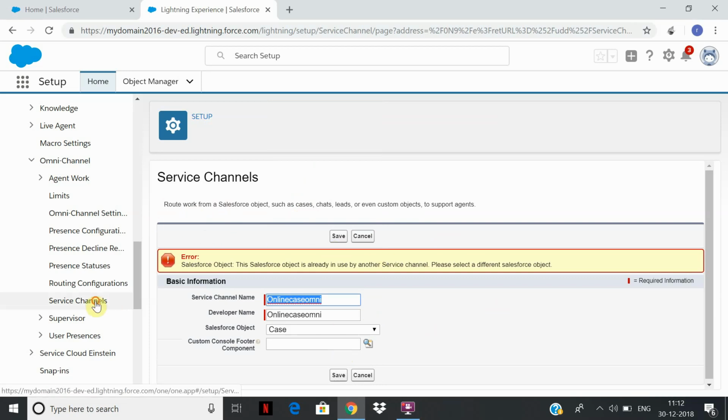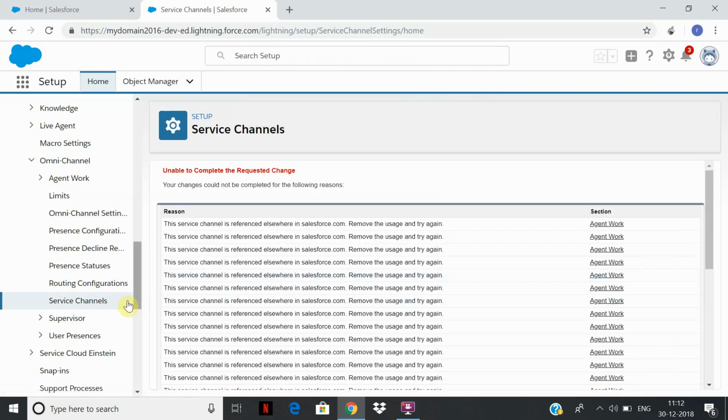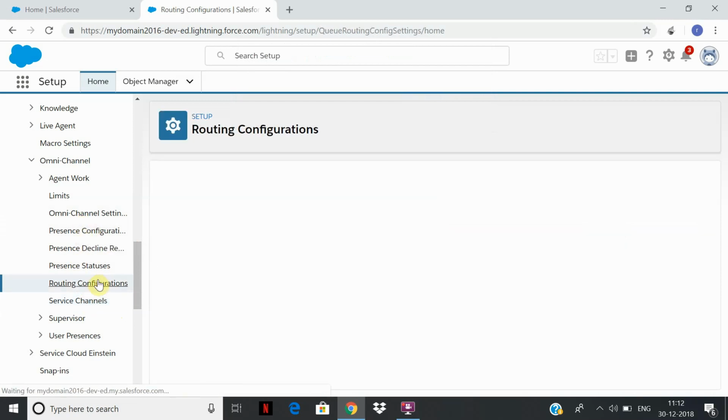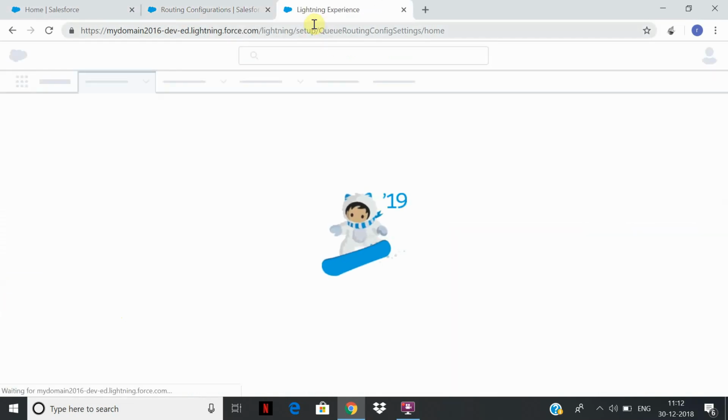Okay, so we already have another one. Let's see if we can delete this. It's already created here, so let us disable this.